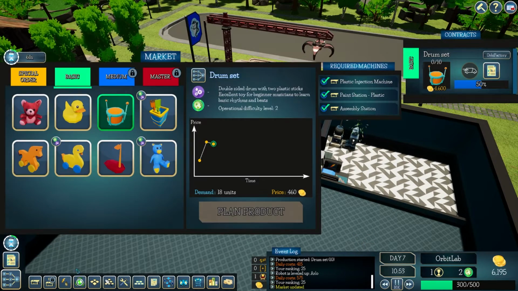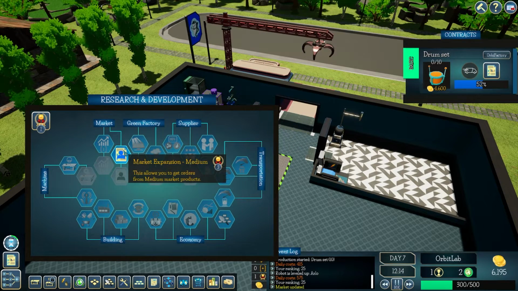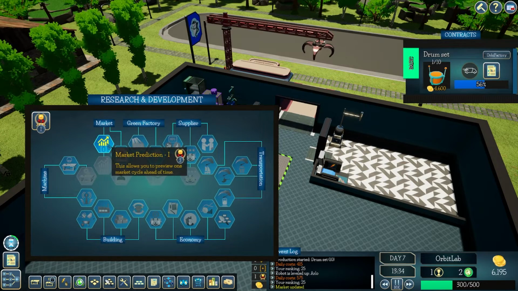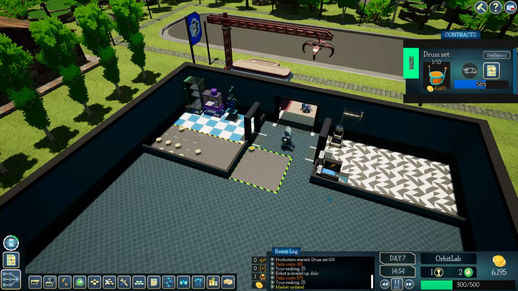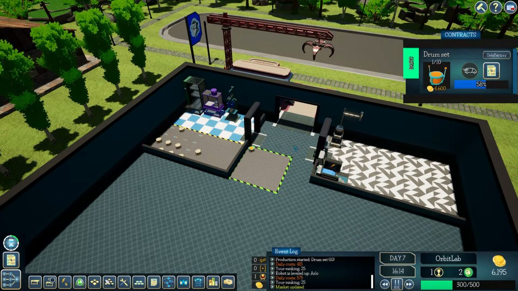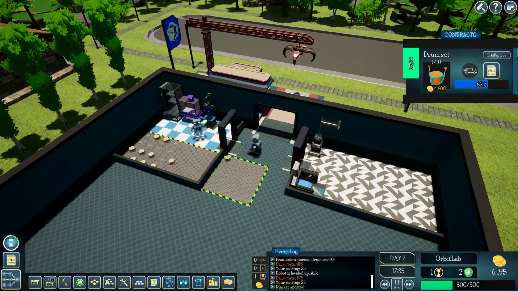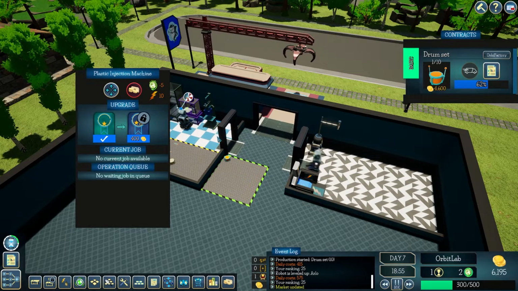There is a bit of R&D research that allows us to, what is it? Allows you to get orders... No, not that one. Allows you to preview one market cycle ahead of time. That's pretty good. But yeah, we need more factory level points for that. We will hit the next level off the back of this drum kit order, but it's still not going to be enough. What the heck? There was a little drone that came down there to...